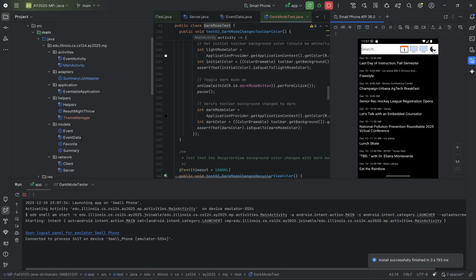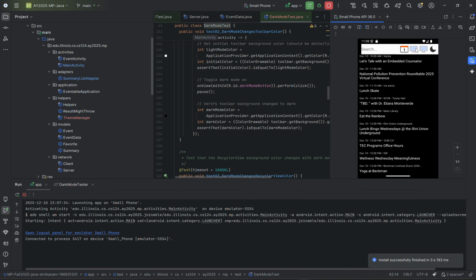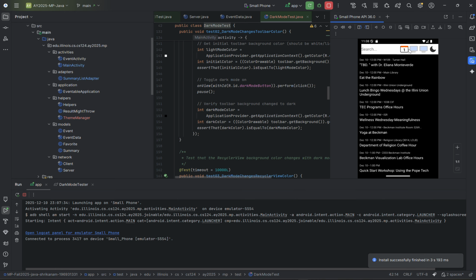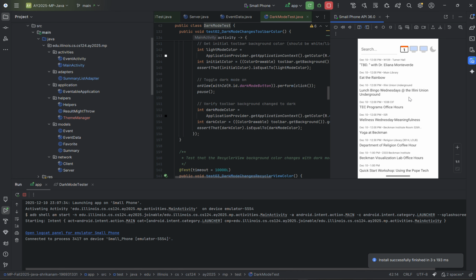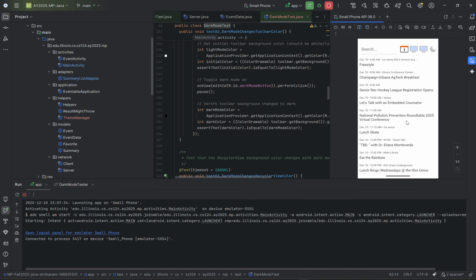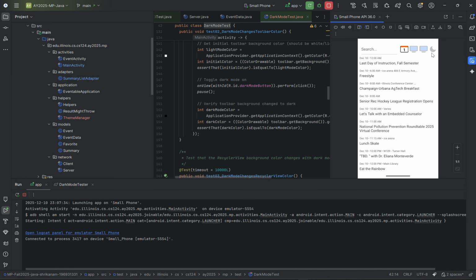Now I'm going to click it. Oh, as you can see, it works. Our dark mode works. Yay. And then let's see if it persists. Let me just switch on dark mode, and then